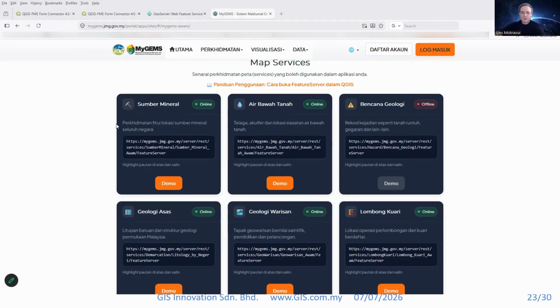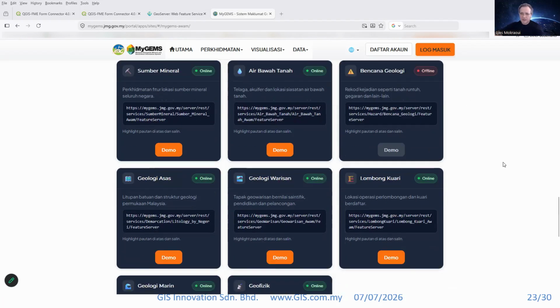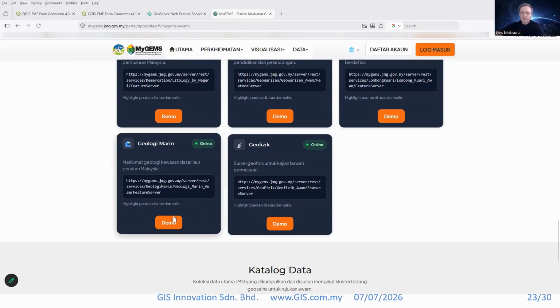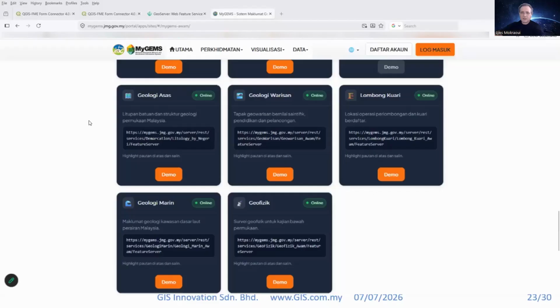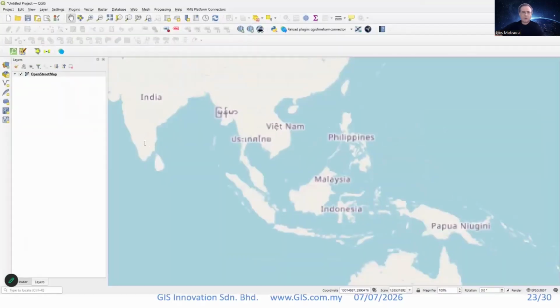So what I need to do is look at the data that I need. They have different categories. This one is offline, but the rest is all online. So we can use this geology asas. So we will just copy the link. Then we go back to QGIS